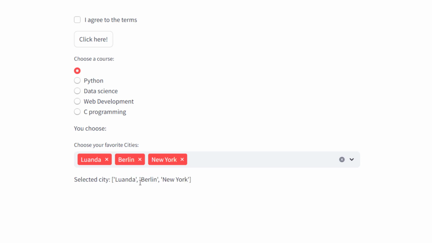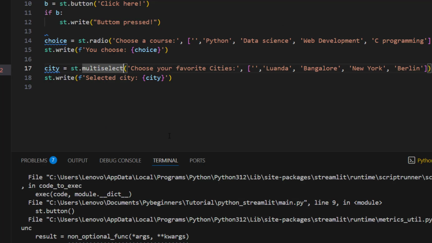In order to show only the names that we select instead of showing a list, we can do something like this. Here we can say st.write, f-string, "Your selected cities are".